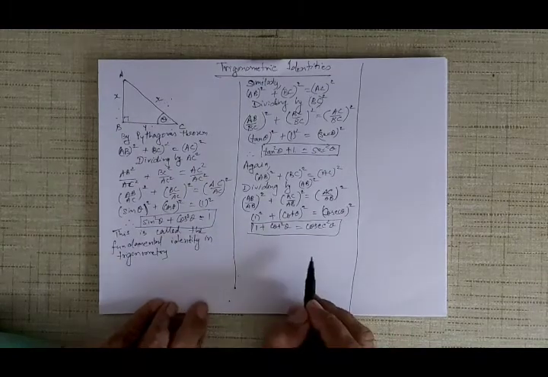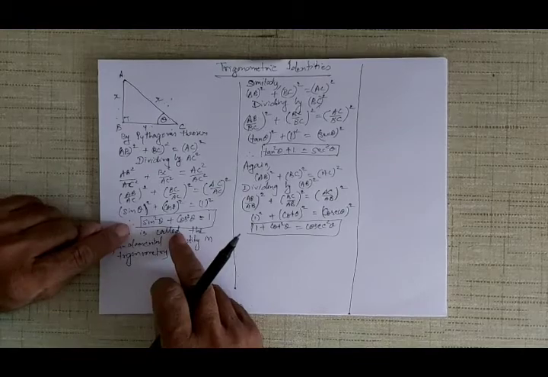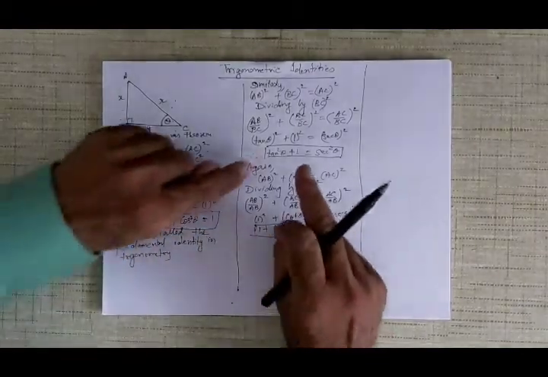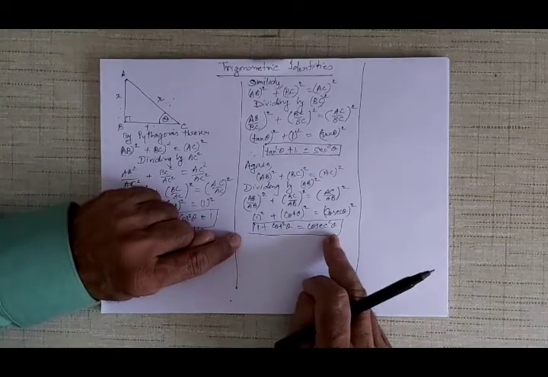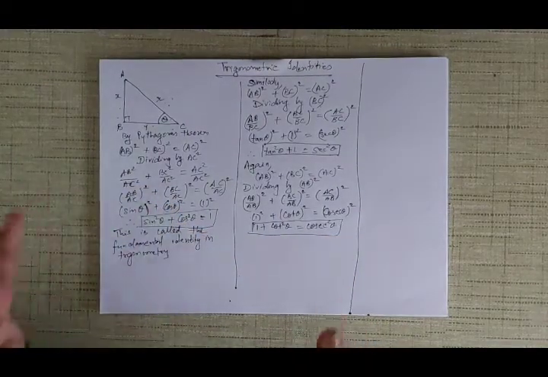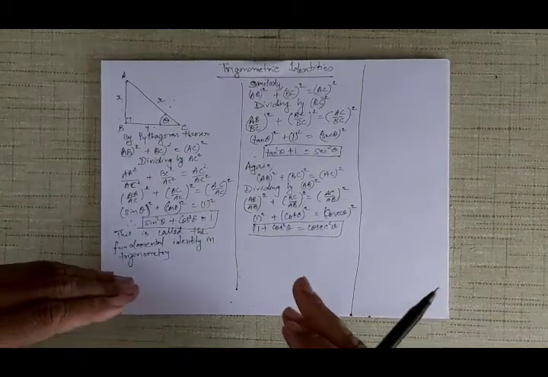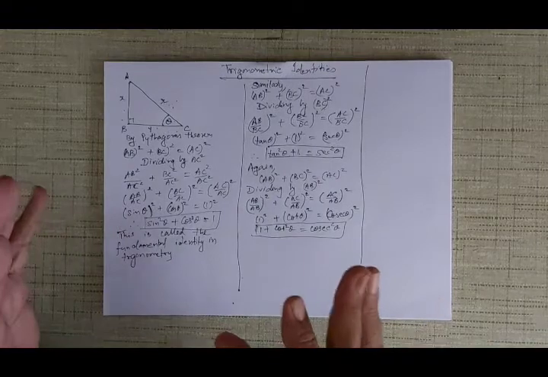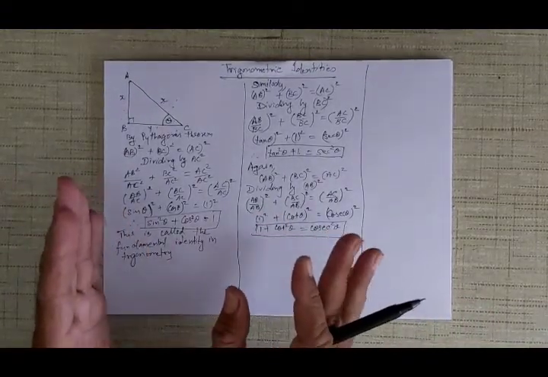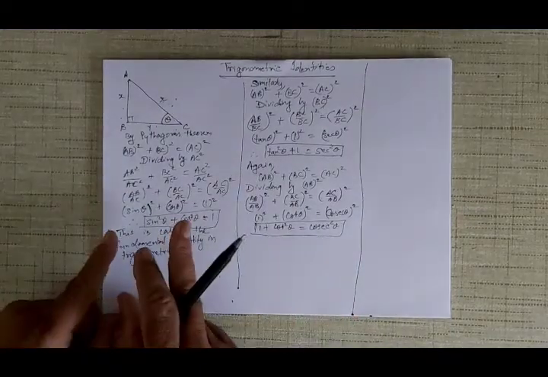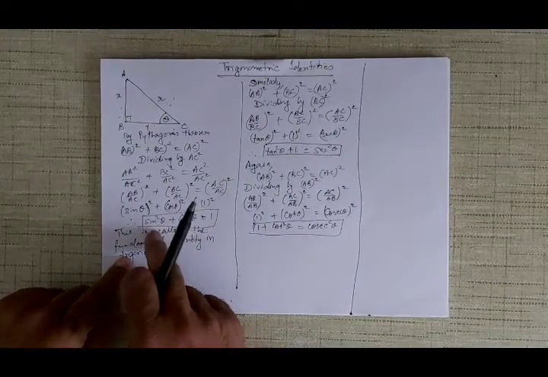This is identity number 3. So 3 fundamental identities. Number 1, sin square theta plus cos square theta is equal to 1. Tan square theta plus 1 is sec square theta. 1 plus cot square theta is cosec square theta. Now you have got to learn this by heart. What you have learned so far was a simple part of trigonometry. This is where it begins to get a little bit difficult, but it gets difficult if you don't remember the trigonometric identities. These are the fundamental identities and you should know how to derive them.